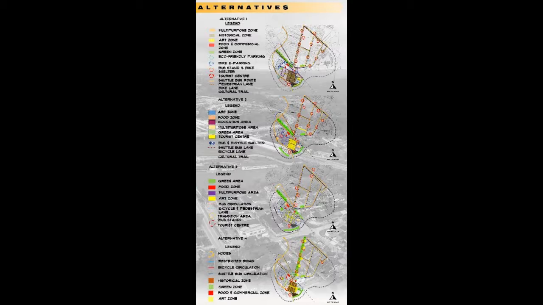In this fourth alternative, green area has been increased, focusing along the railway to build a railway corridor that serves any recreation activities. Multipurpose area has been added near food zone and at Sarang Art Hub. The area can be used as a place for any event or social gathering or parking for the visitors. Next, shuttle bus circulation is added in UPSI to ease students' movement, and bus stands together with bicycle parking are installed at every junction in the campus as transition area in the town.